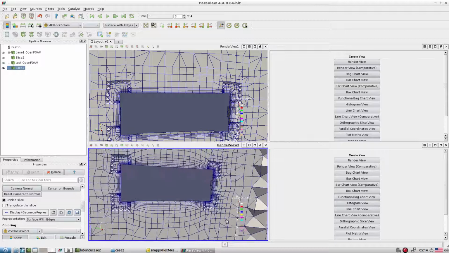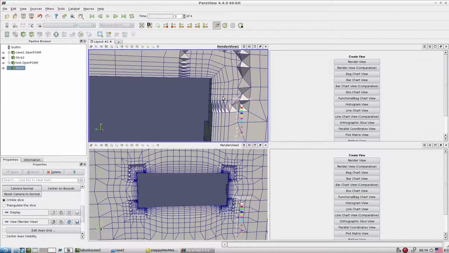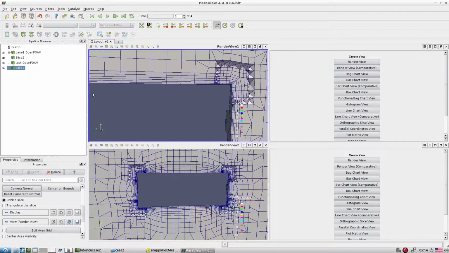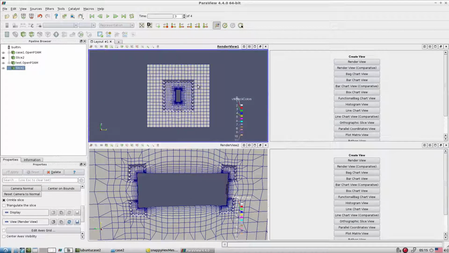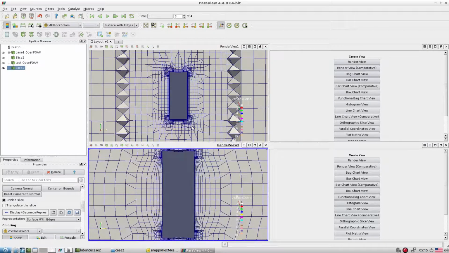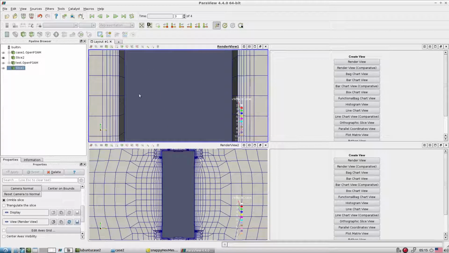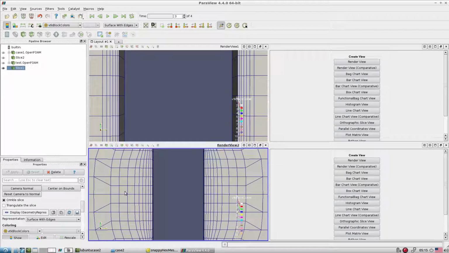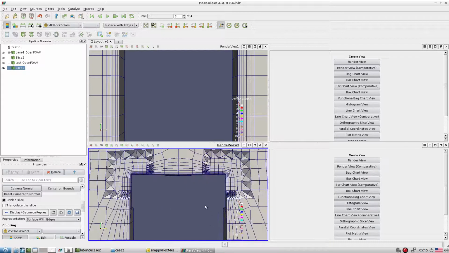Look, based on the size of this near cell, it tries to grow the layer. So look, here we have a uniform cell size near the wall everywhere. Okay, if you look at it, go anywhere. So let's look at a proper view. Okay, so in this view, let me keep this same view here. Okay, so you understand. Look, when you see near the wall, here you have the same mesh everywhere, but here look, growth is completely different. So based on the near cell size, it tries to grow. Okay, so everywhere we have something different.